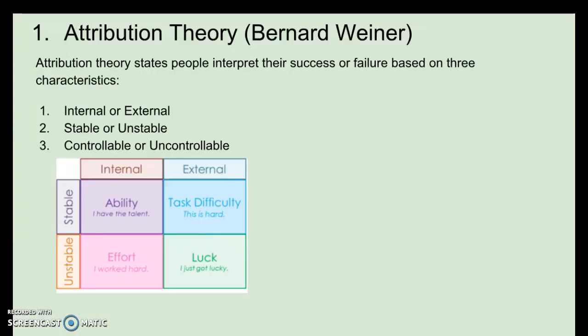So the first theory I want to talk about today is attribution theory. Bernard Weiner came up with this theory, and it says that attribution theory states that people interpret their success or failures based on 3 characteristics. So a student, as they go in to figure out an assignment, as they go in to accomplish an academic task, the results of that academic task, whether successful or failure, can be attributed to 3 specific categories